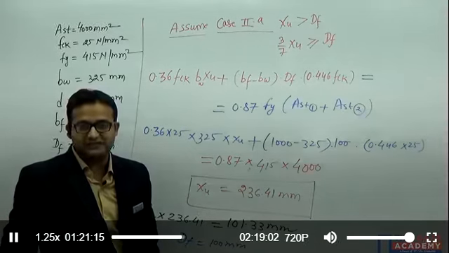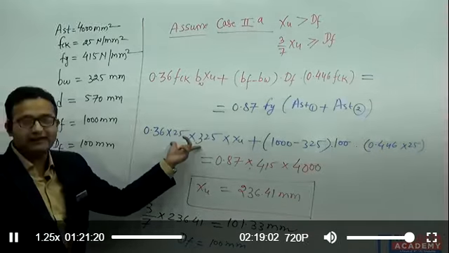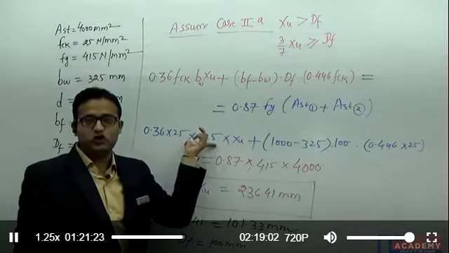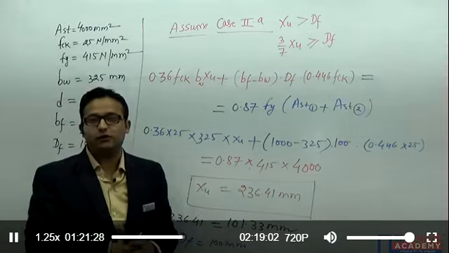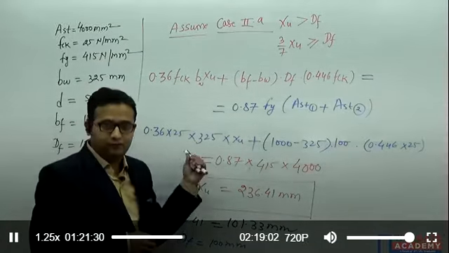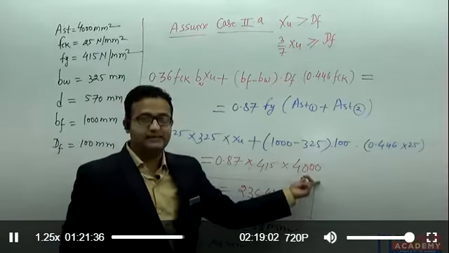We can calculate the moment of resistance also. It is very simple. How can we calculate it? We can calculate in the compression zone or in the tension zone. But in the tension zone, there is a problem. We cannot calculate the moment of resistance in the tension zone for this particular case. Why? Because they have given me the total AST.